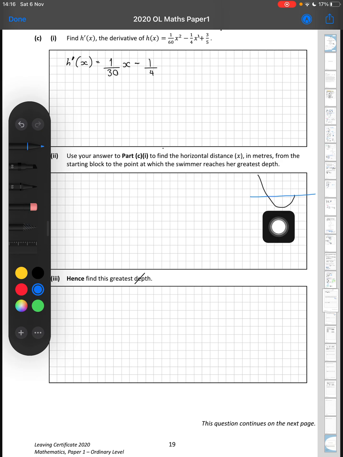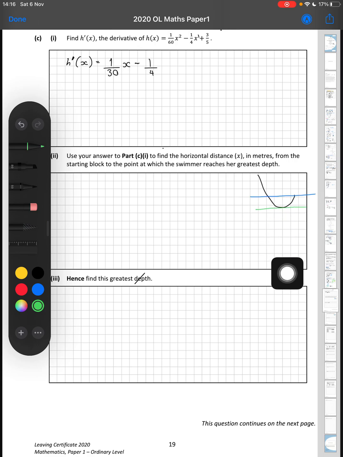Okay, so remember this is our curve for her diving off the block. It wants us to somehow use the derivative. So remember the derivative is the slope. It's talking about the slope. So how are we going to use the slope to find this greatest depth of the swimmer? Well, let's find the point where her slope is 0. If we find that, what we'll get is this